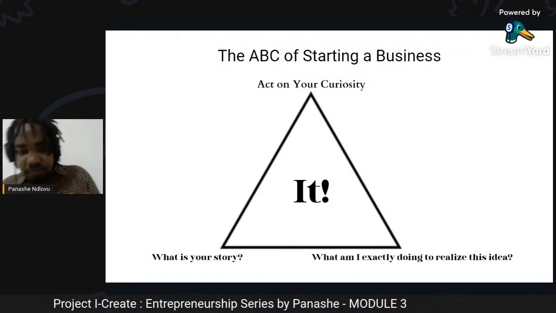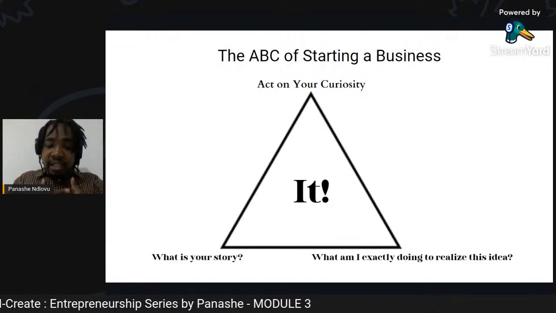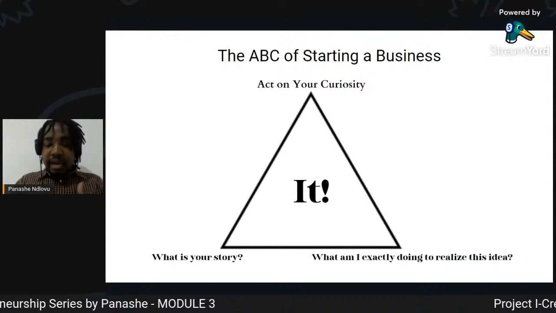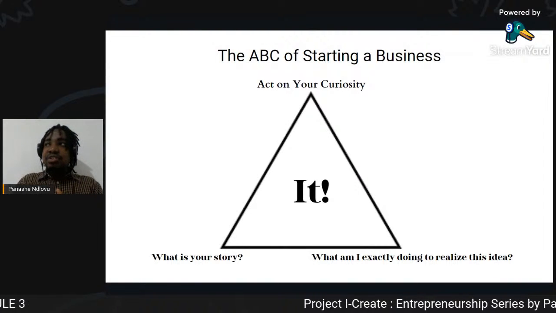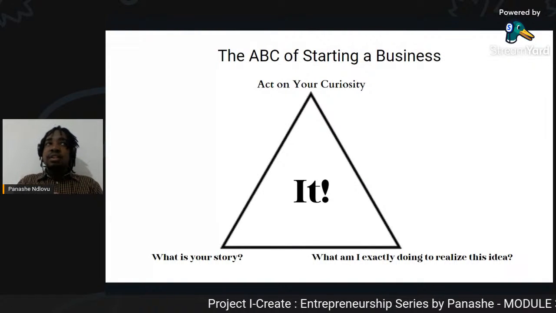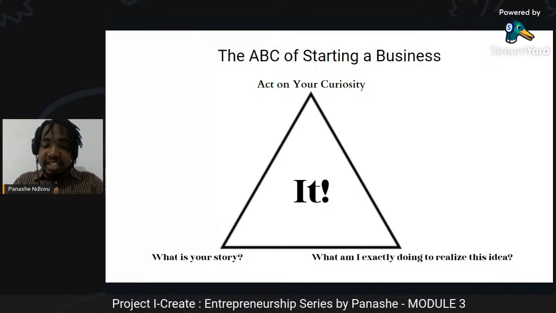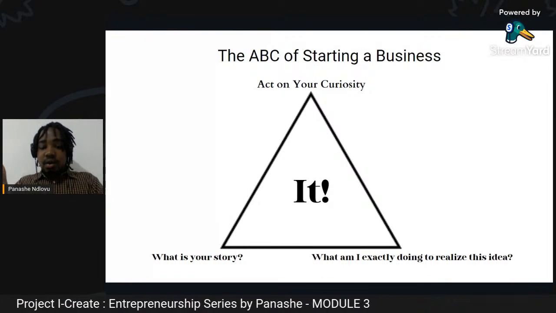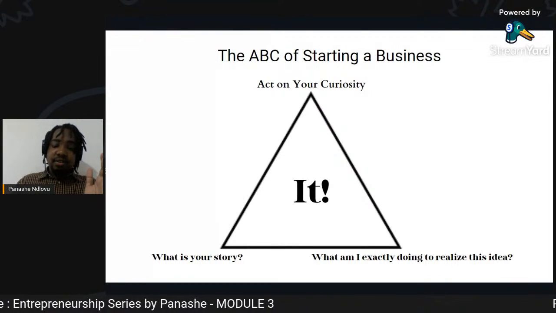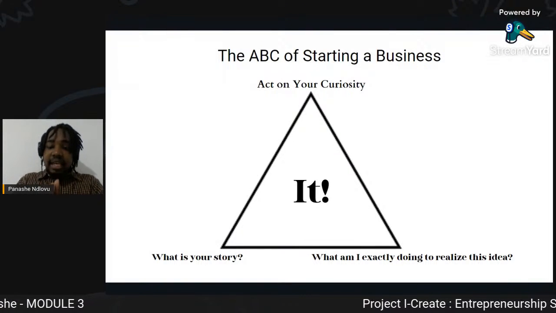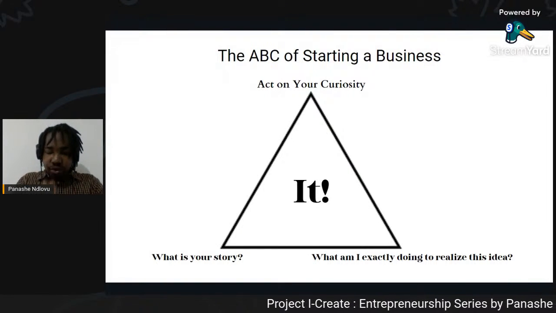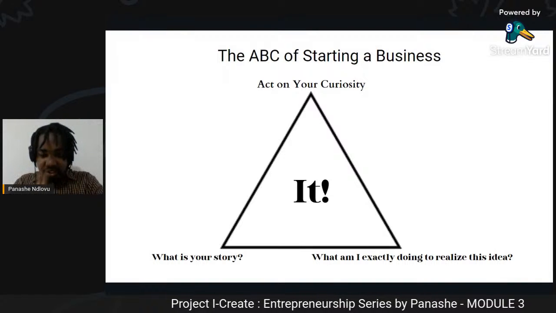Now, as I act on my curiosity, what should I be thinking about? It's something that we're now coming to. What should I be thinking about as I'm acting on this curiosity, right? As I'm acting on the what ifs that come to my mind? Is it passion or profit? Or outcomes, or realizing the vision as I go? Well, I would say realizing your vision as you go,